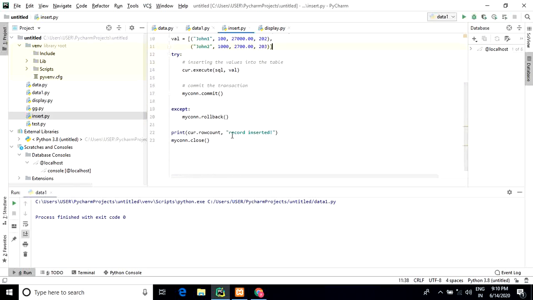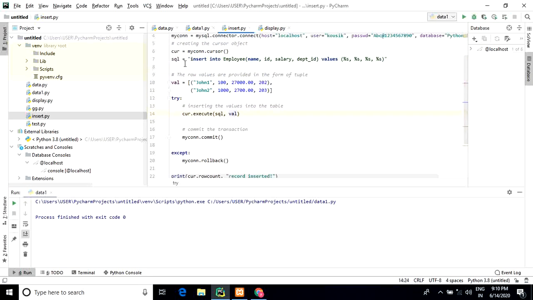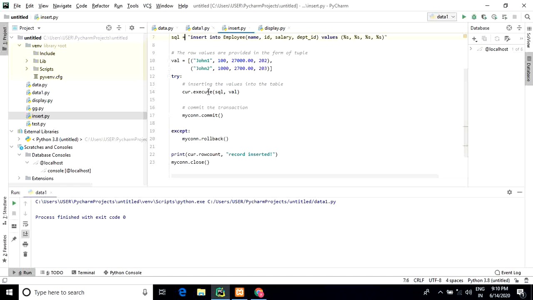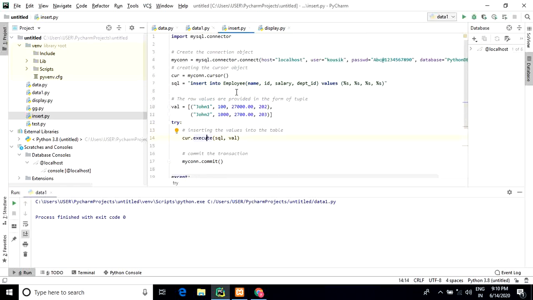Last one is commit, that means save these values. cursor.execute(sql, val): val means these values and sql means this command. Just execute the command with 2 parameters here. You can insert directly here also.